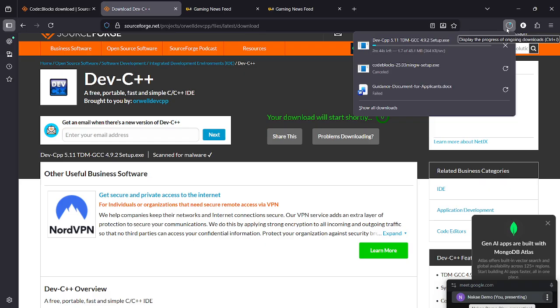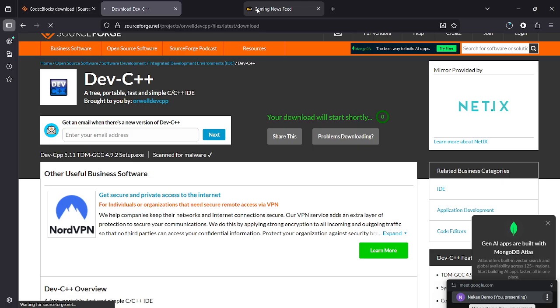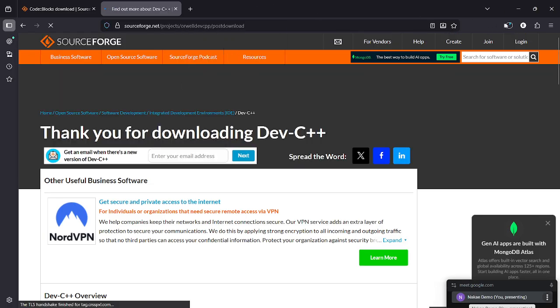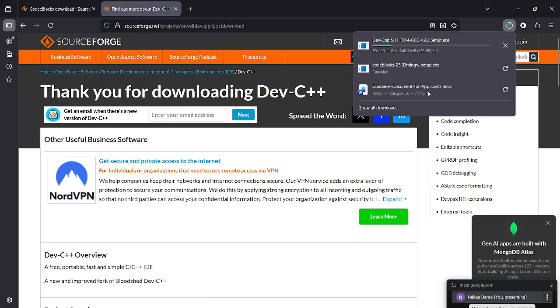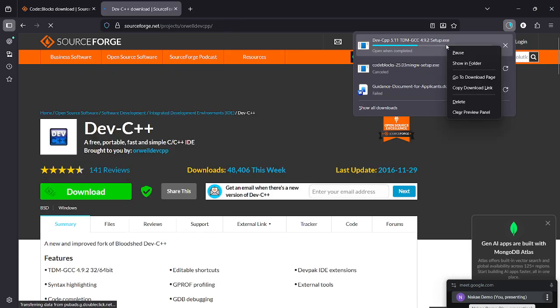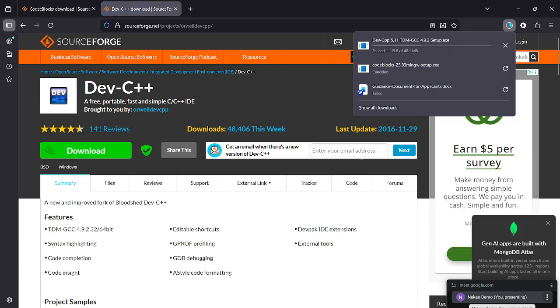That's why I prefer this over the code blocks. So with Dev C++, you don't need much data. It's just 48 megabytes, and you are good to go, right? I already have this, but 48 megabytes is nothing. But I need to pause it. I'm in Ghana, so I need to save data. All right. So you can download this Dev C++